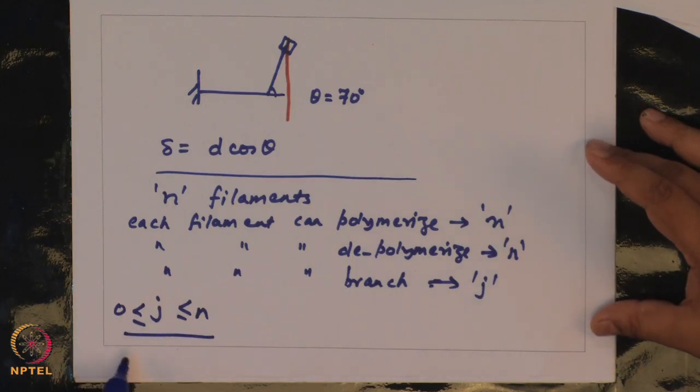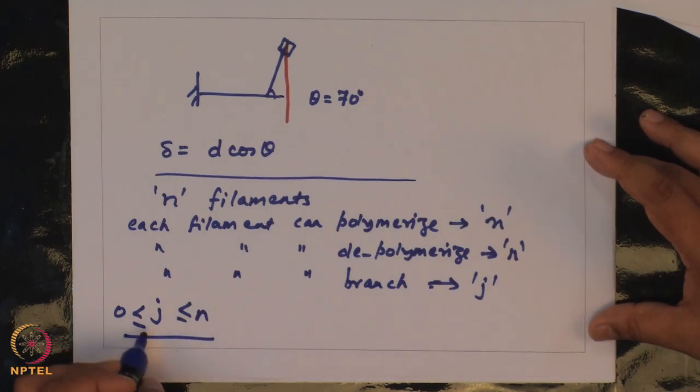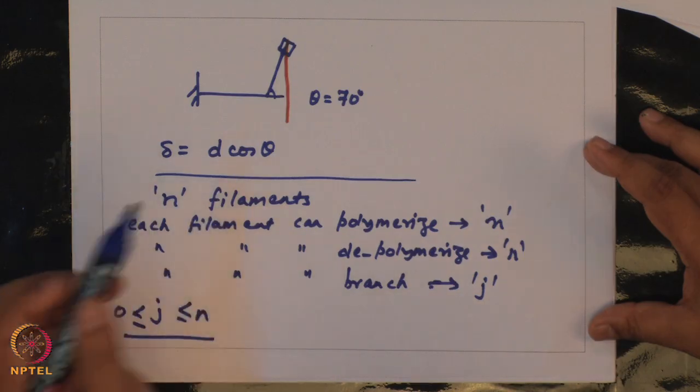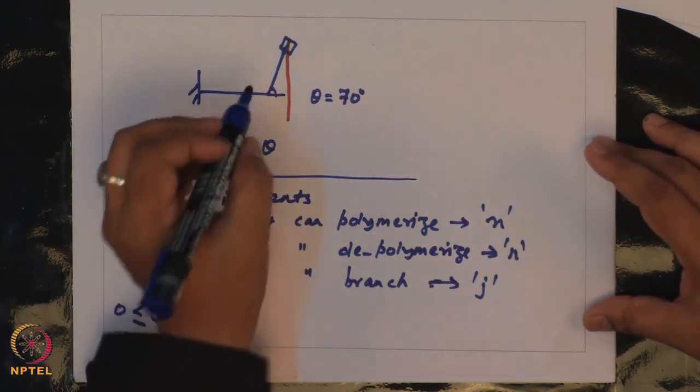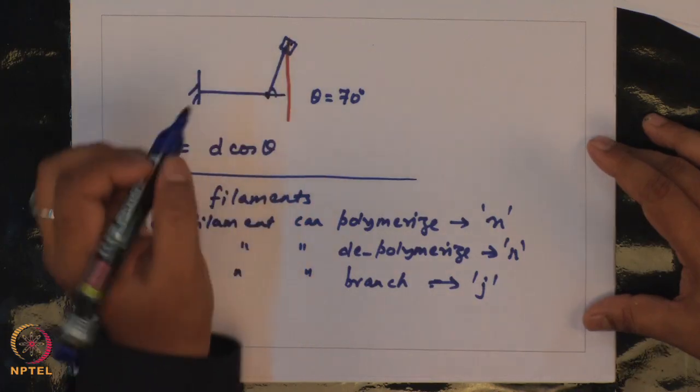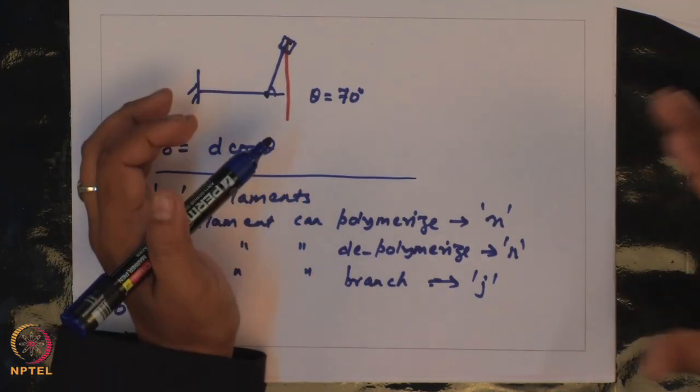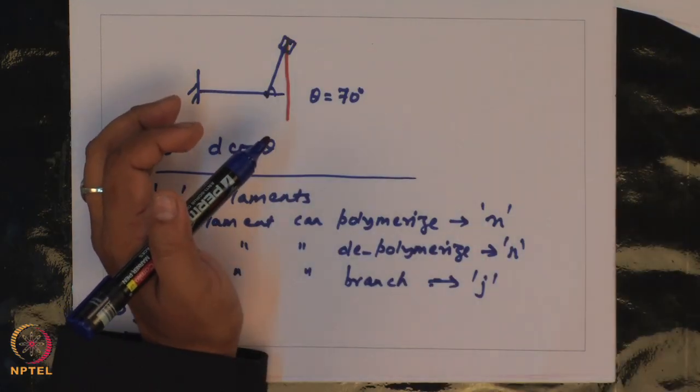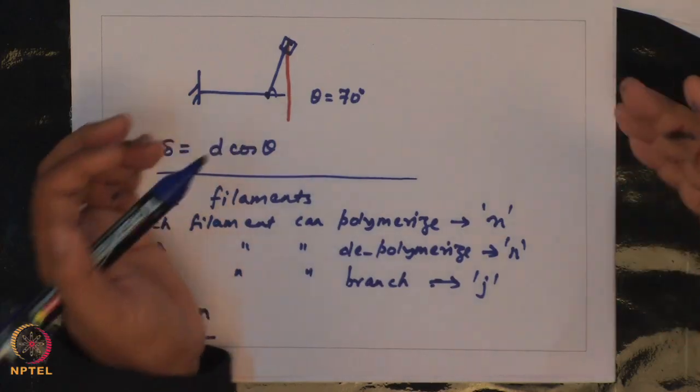you must have this constraint which is always fulfilled. Why is j less than or equal to n? Because we have the constraint that the minimum distance between two branching points has to be greater than dBr. So, you have some intrinsic branching rate kBr, but that will only come into play after you have the distance. So, there are a total of 2n plus j events